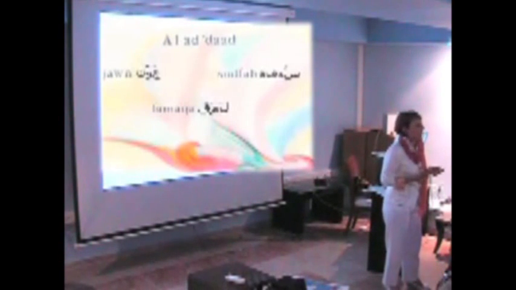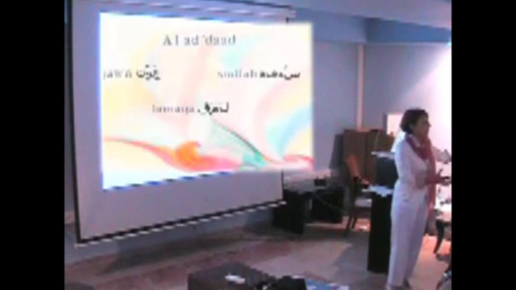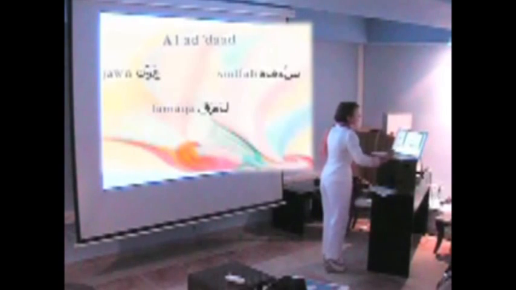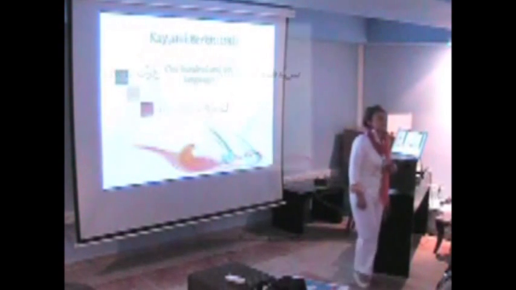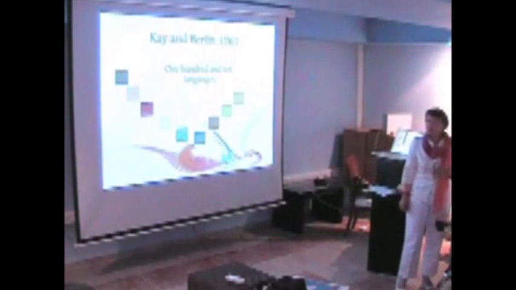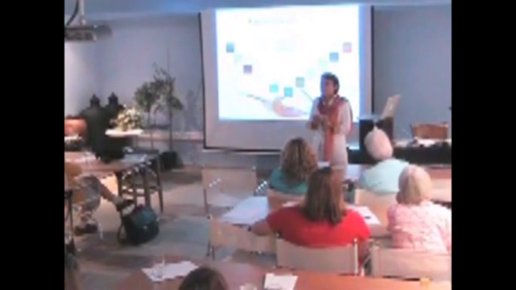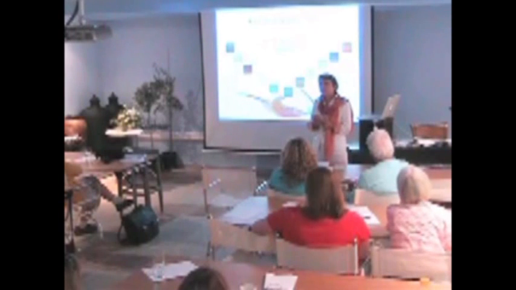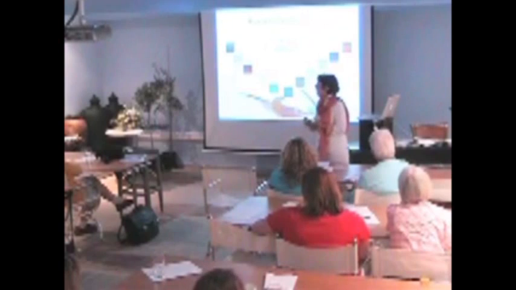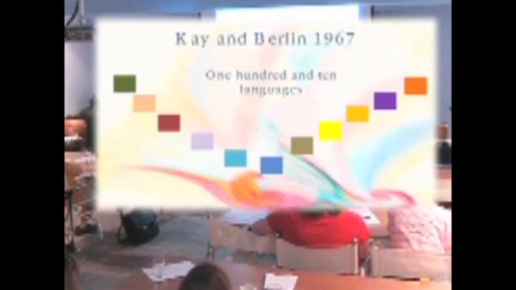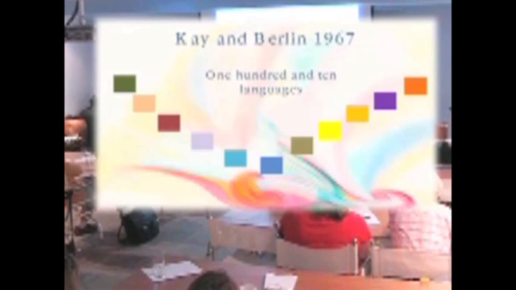Now, this is not to say that the people don't perceive all the colours. They simply choose to linguistically categorise them in big chunks rather than small chunks. Now, this came out of some research done in 1967 by the linguist Paul Kay and the anthropologist Brent Berlin. Kay and Berlin talked to people from 110 different language groups. These were languages with written traditions and also languages of nomadic peoples who lived in remote valleys or tribes wandering about.